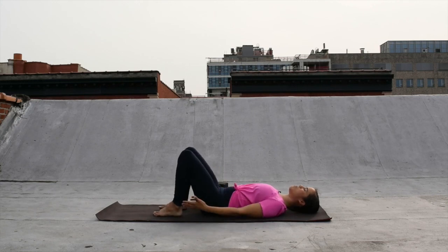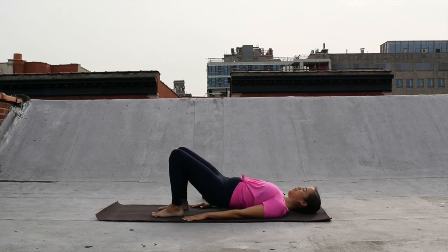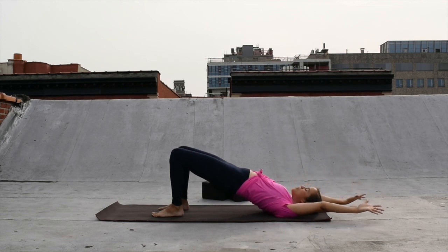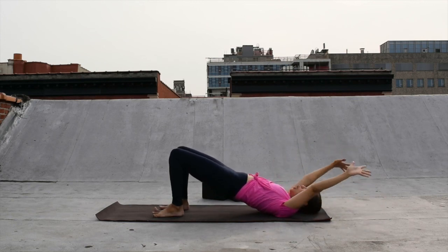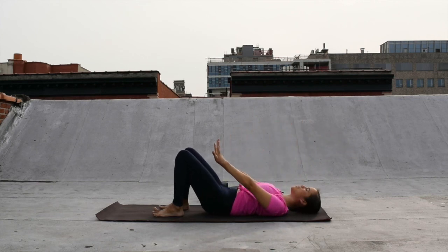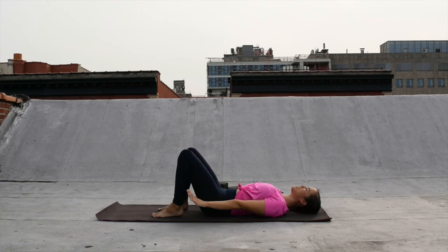So make sure your feet are parallel, ankles directly under your knees, and your arms down by your sides. This time your palms face down. Now, as you inhale, you're gonna lift your hips up, lift your arms up and by the ears. And then as you exhale, lower your hips, lower your arms, making sure that you're moving at the same rhythm